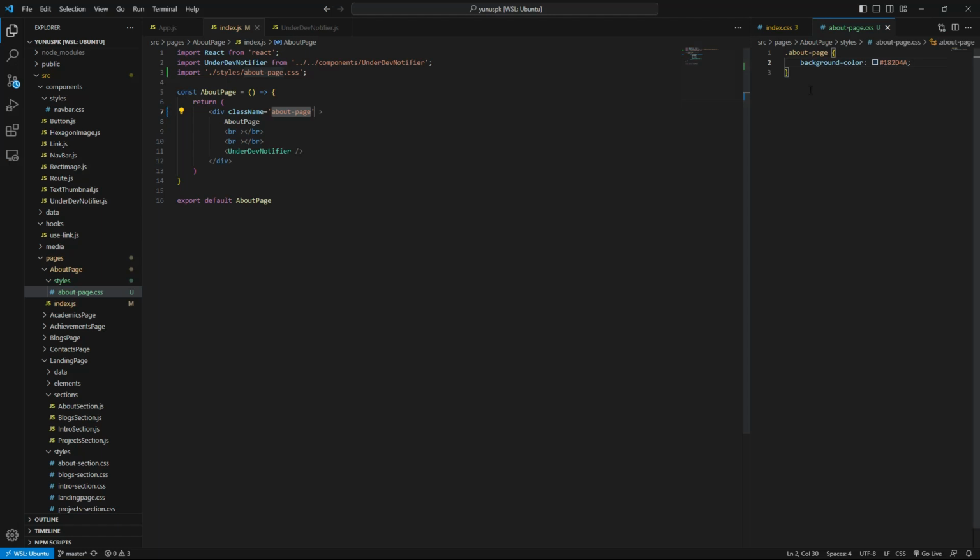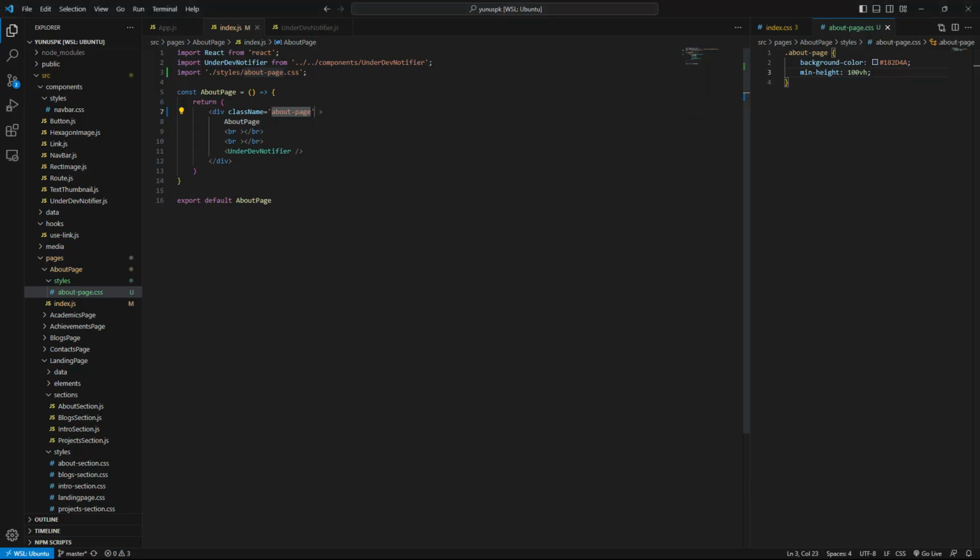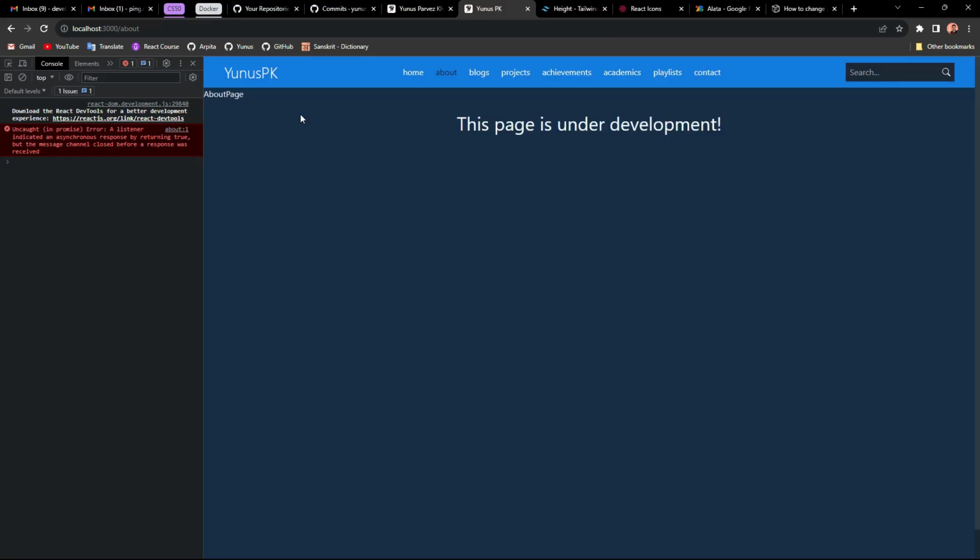Now there will be a minimum height of 100 VH. Okay, we got this. Perfect. Now, or maybe we can use H full instead. No, we cannot. We're gonna use text white. Okay, now every text is white now.